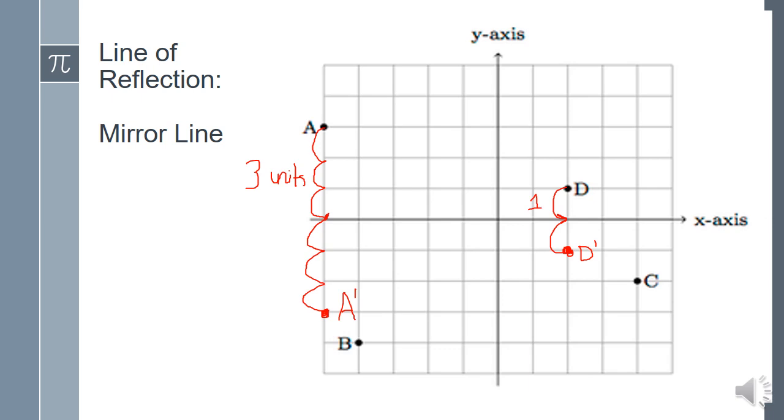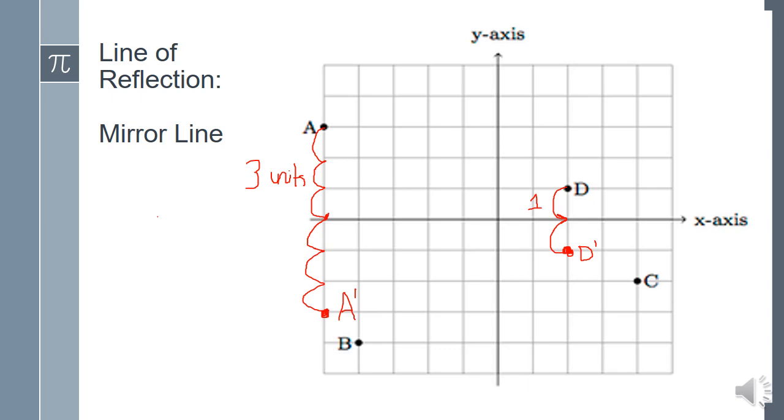Let's try another one. I want you to pause and then try this on your own. So I want you to reflect point C across the x-axis. If you're in class, pause here, maybe have somebody go up to the board and see if they can do it on their own. Or if you're on your own, like in your Duval homeroom, pause and then see if you can do it. All right, so